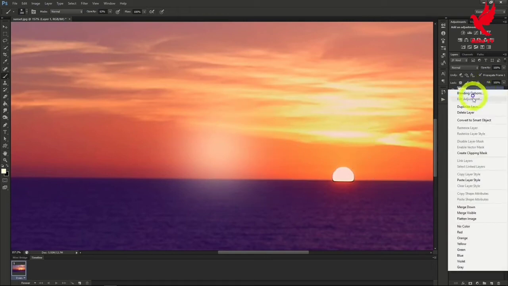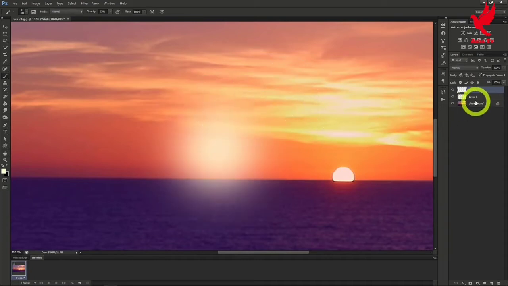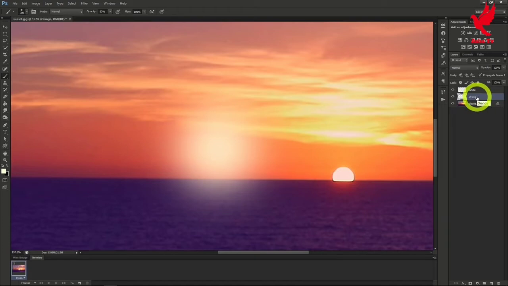Now let's duplicate the layer, through the right-click Duplicate Layer option, or you can use Ctrl-J. We'll name the new layer White, and the old layer Orange. Next, we'll add color to the orange layer. Hide the white layer. Then go to Image,